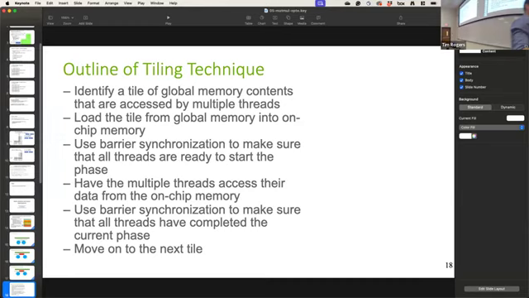So in order to make sure that that works, and you don't just finish your load and then blow on by and start reading values in that scratch pad that are not ready yet because the other threads haven't put them in there, we need to use barriers. Okay. So there's a very fast hardware supported barrier synchronization that exists in GPUs. It's called sync threads. This is the word in CUDA for it. And this says that all warps or all threads within a particular thread block need to make it to this point before any thread can proceed past it. Same as a typical barrier in CPU type programming